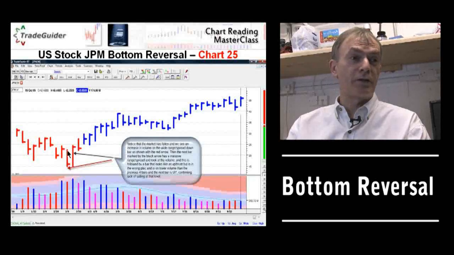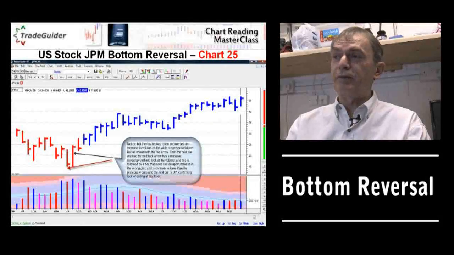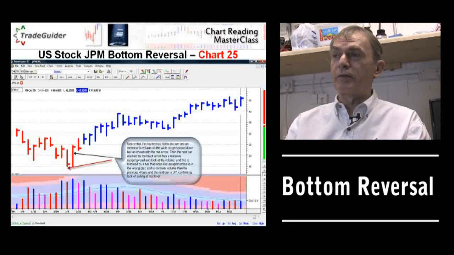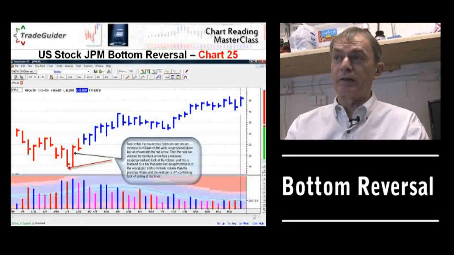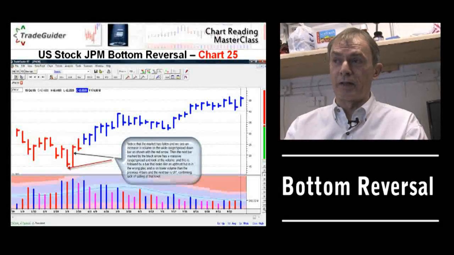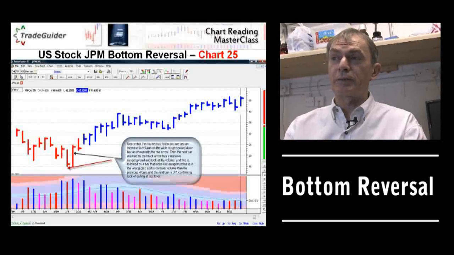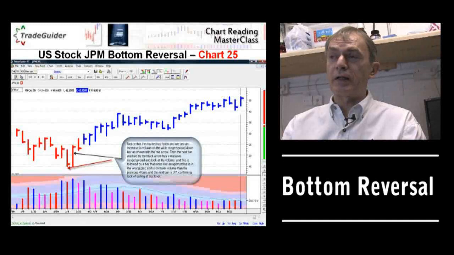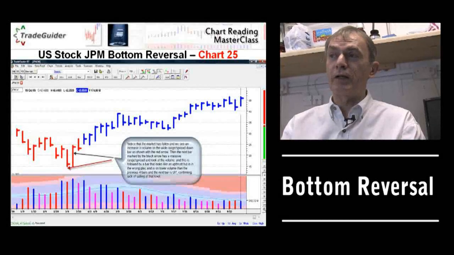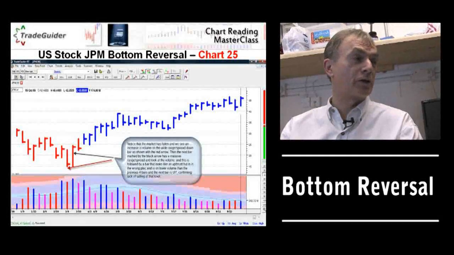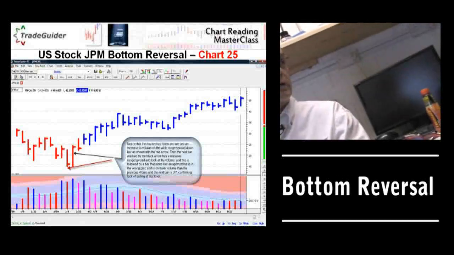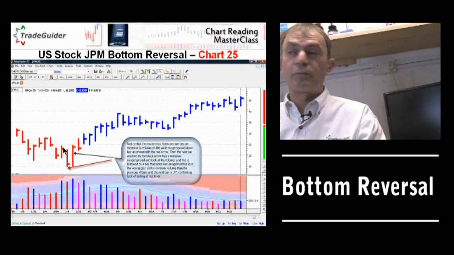Remember, it's effort versus result. The effort is the increase in volume. The result is that it's managed to take out the high of the previous bar. That shows strength to do that. So we know that there must be some strength in there. And again, that's a rare occasion where an up bar with increased volume can actually show some strength. And you wouldn't do anything there on the trade here.